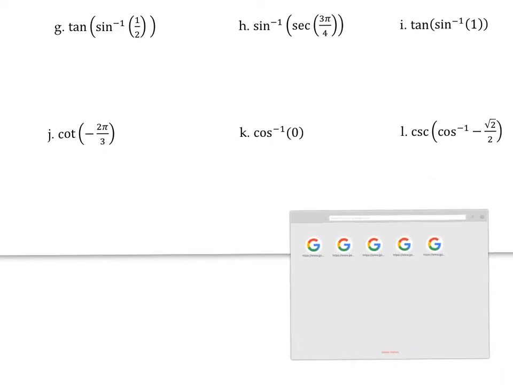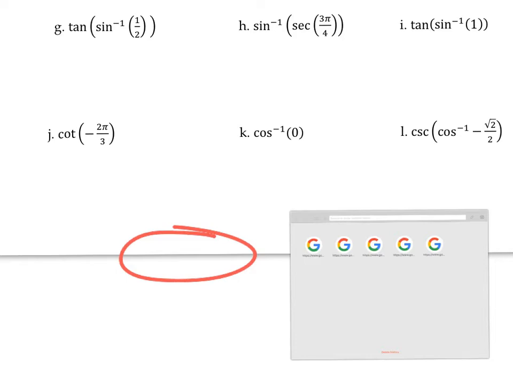Three more. Cotangent of negative 2 pi over 3. So 2 pi over 3 is in the second quadrant, so negative 2 pi over 3 is the same thing as 4 pi over 3. So cotangent is x divided by y. So that's the same thing as saying 1 over square root of 3, which is just square root of 3